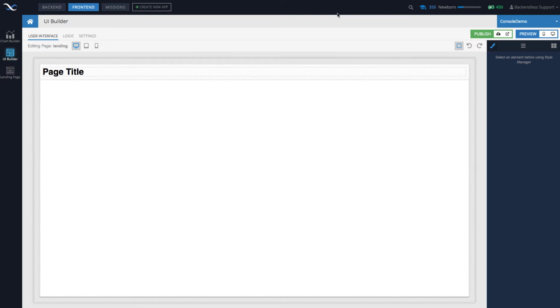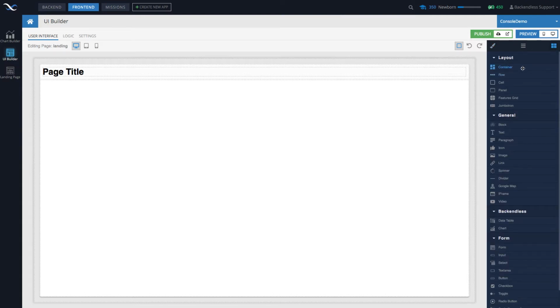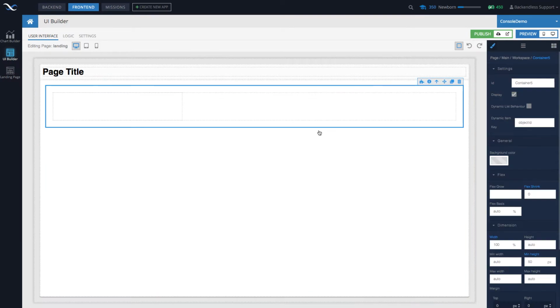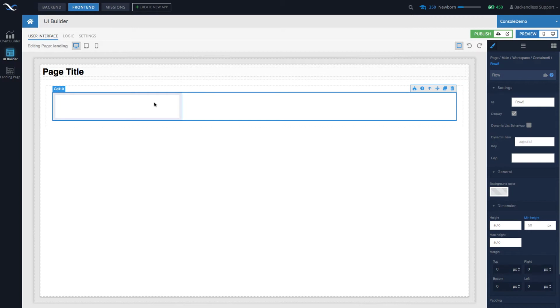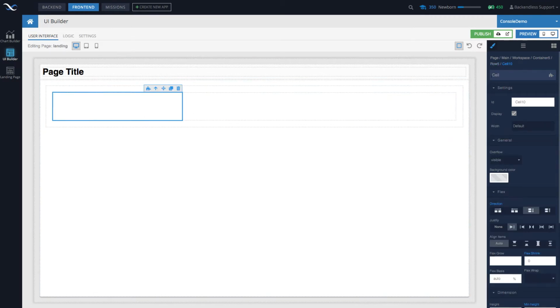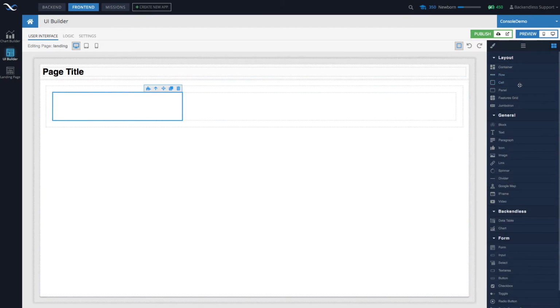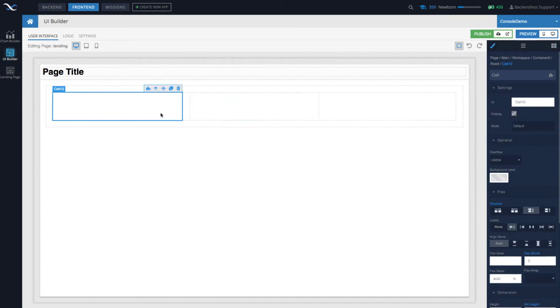the UI layouts. The very first thing are going to be components. There are two components that are used to create layouts. One of them is container, the other is block. We'll start with the container, drag it out into the page. A container by default comes with one row, and that row has one cell. You can drag and drop multiple additional rows and cells into your page, but for now one is going to be sufficient. So for the demo purposes, I have one cell. I will replicate it, so there are two cells now.